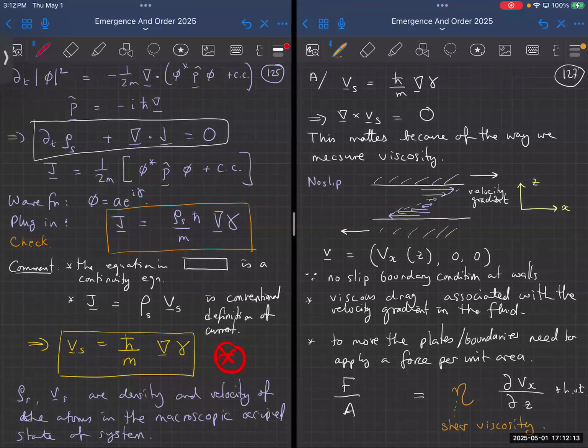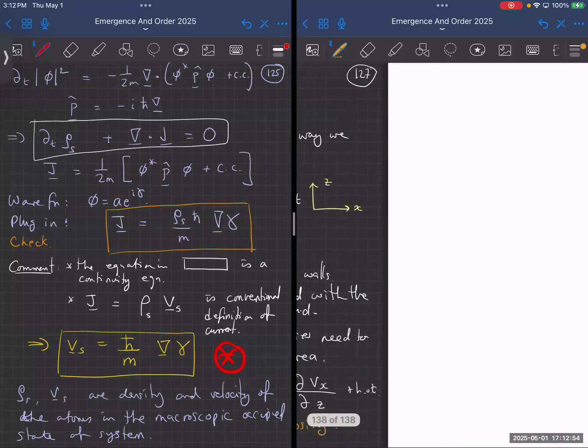So that's what I measure when we try to measure the shear viscosity of a fluid. We put the fluid in here, and if it's really easy to shear it, then it has very little viscosity. If it's really thick, like honey or treacle, then it's really hard to do. You have to apply a huge force in order to create a desired velocity gradient. So the question is, what force do I need to apply in order to get the velocity gradient that I want? And the answer is, it's proportional to that velocity gradient with a coefficient that has to do with the nature of the fluid. If eta is big, you've got viscous honey. If eta is small, you've got maybe a gas or something like that.